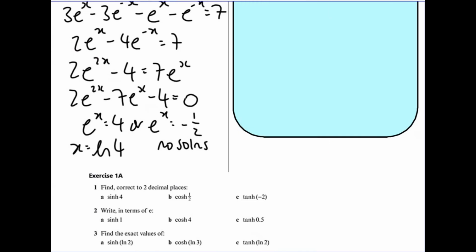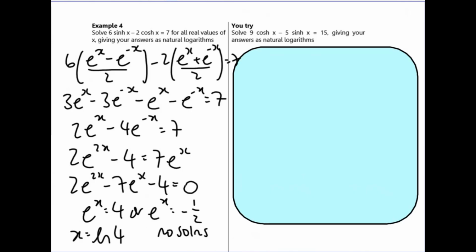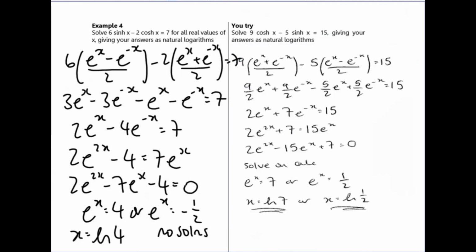Please pause the video and have a go at the one you try, and I'll reveal the answers. We're doing the same thing on here, using your definitions, turn it into a disguised quadratic in e to the x. You get two solutions which are both valid this time, so you get x is ln 7 and x is ln